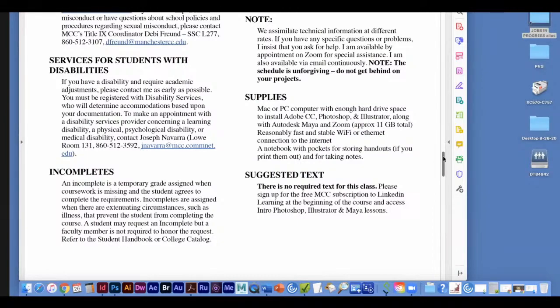I have one person from last semester whose father had COVID, and she's going to be finishing everything up this semester. Essentially what it does is that you get an I grade, and you have until 10 weeks into the following semester to finish all the work. You hand it in to me, I submit a grade change form, and then you get the grade that you earn by turning in that work. So if you don't turn it in, then typically you get an F